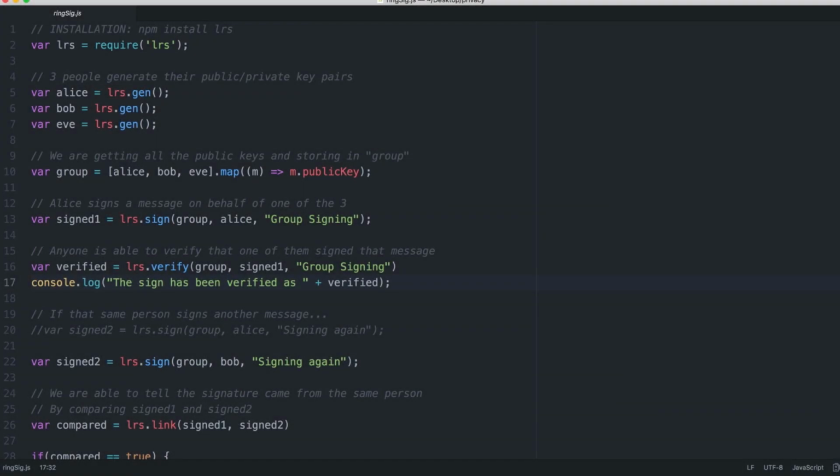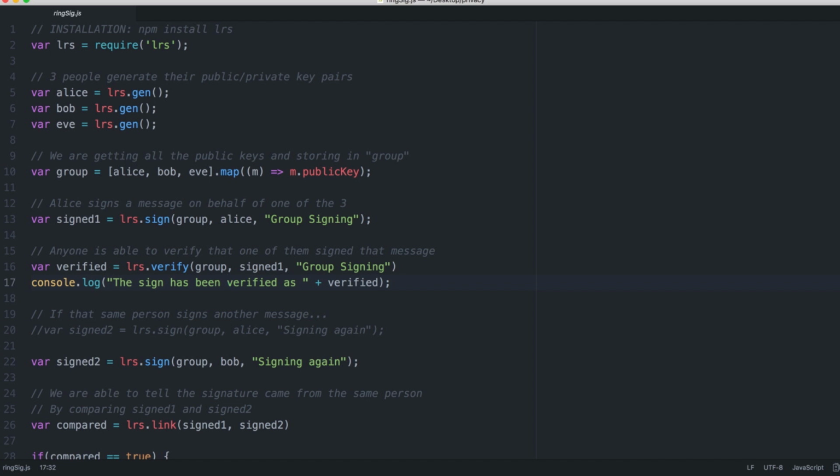Like we learned in the last video, linkable ring signatures are cryptographic functions that allow someone to sign a message in the name of a group. Given a signature, it is possible to prove that a message was signed by a member of the group. Yet nobody can prove which specific member signed it, so that information can also be kept private.